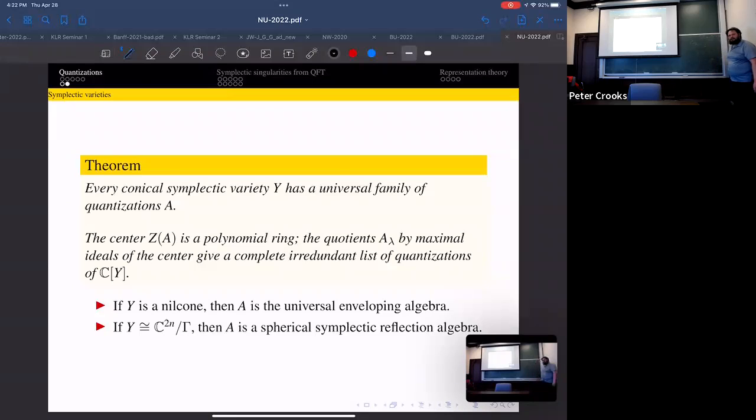It seems like if two spaces have the same space that parametrizes them, then there is a bijection. I mean, I am exaggerating a little bit. There is a canonical bijection between them, but it doesn't feel that way. It's canonical, but you're never entirely comfortable. If you think about this example with the universal enveloping algebra, lots of special things happen at special points of the center of the universal enveloping algebra. Whereas if you do this family